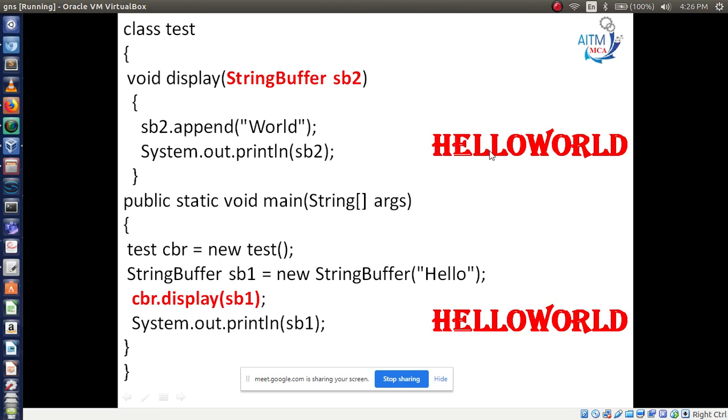But if you want to print back the same thing, you have changed it, and you are getting the changed output. As per your opinion, it has to display hello, but it is displaying hello word. The value is changed here. So this is what the call by reference method is. Two arguments: one is call by value, not change. Call by reference, change.